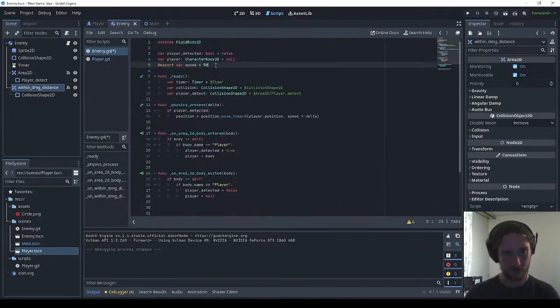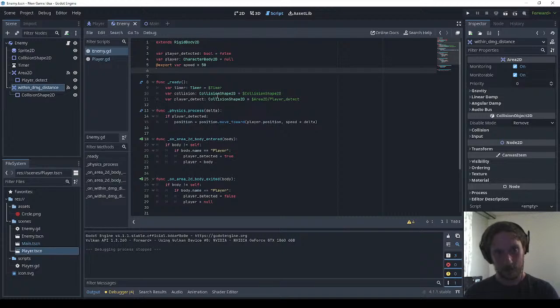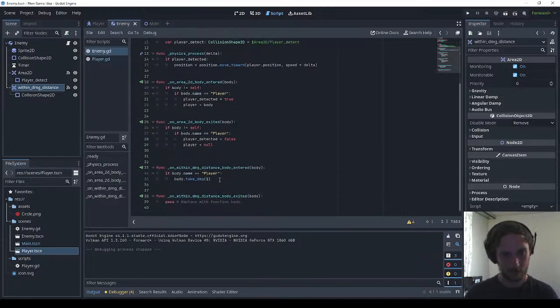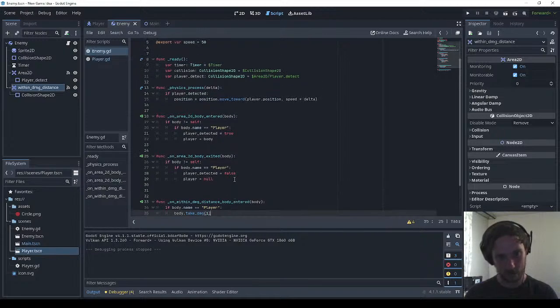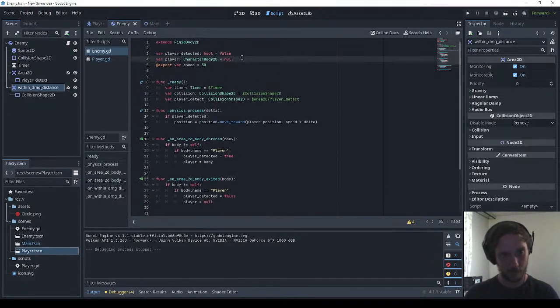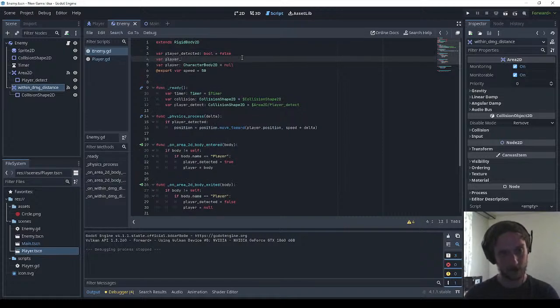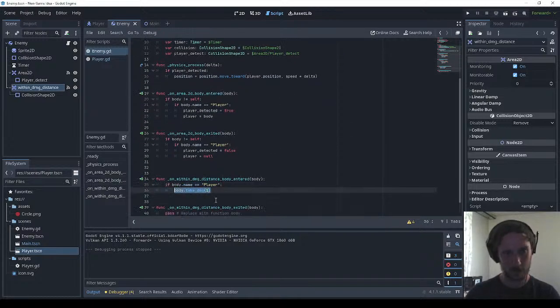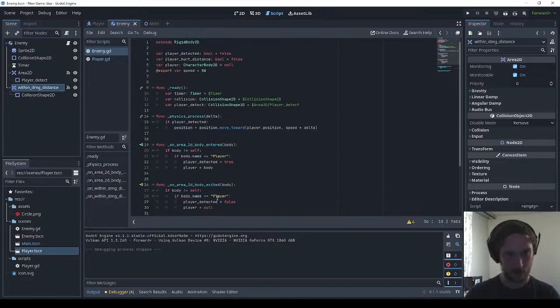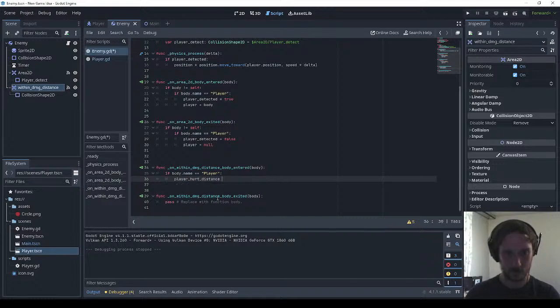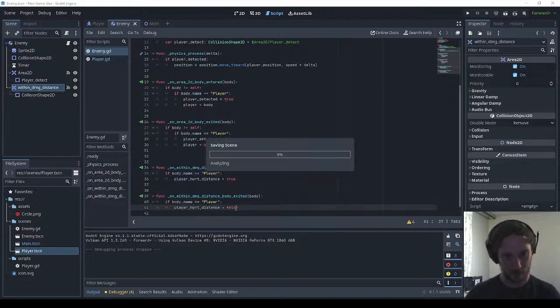So for that, we're gonna say, actually we don't, or well, I guess we need this, or player hurt distance, which is a bool, that's gonna be false to begin with, and we're gonna say player hurt distance is true, and